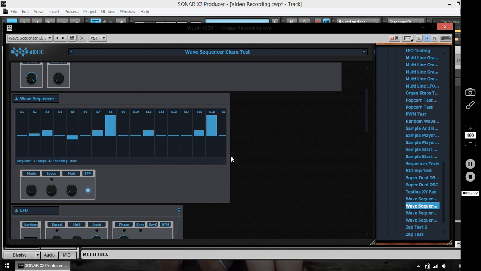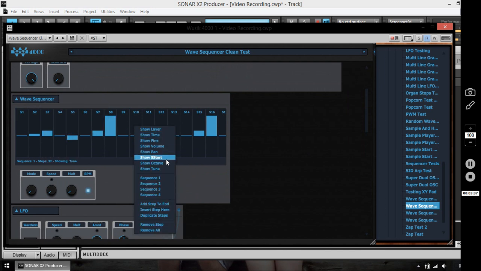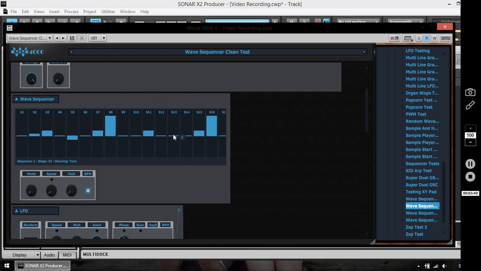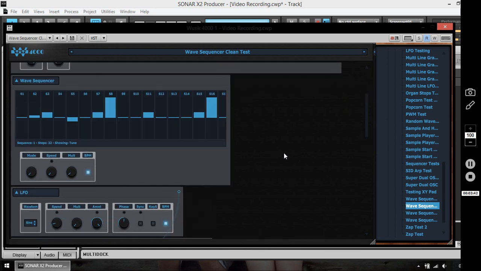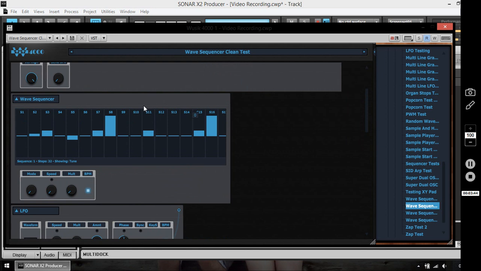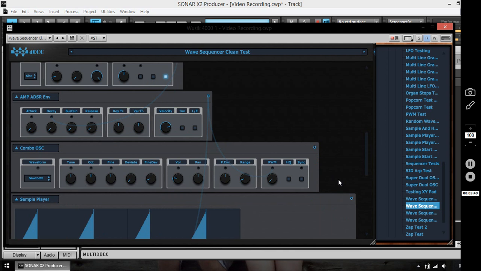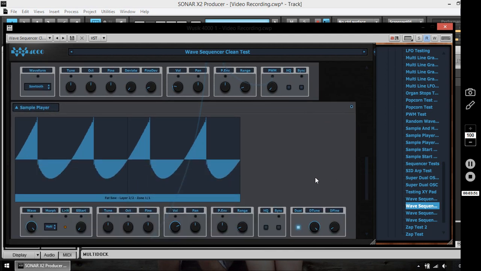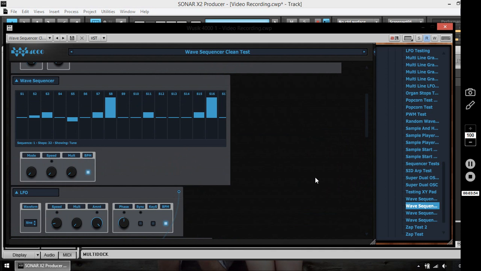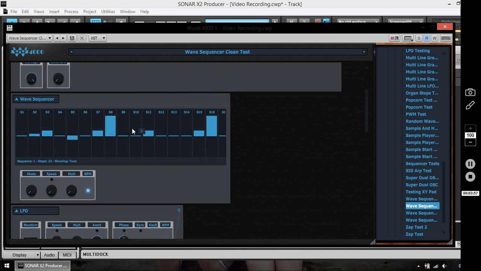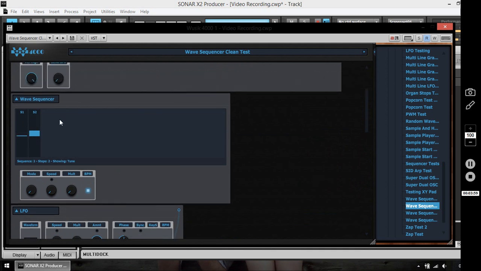It's very easy to use. The only difference between the Wusik Station and the Wusik 4000 Wave Sequencer is basically that this Wave Sequencer has no fade options from one note to another, and it generates MIDI notes instead of working with a full sample inside the Wave Sequencer. So it's sending note information to the envelope and the other voices here, and what happens is that you can't have overlapping notes. So I have one sequence here, I can have a second sequence here, but if the notes overlap, they're going